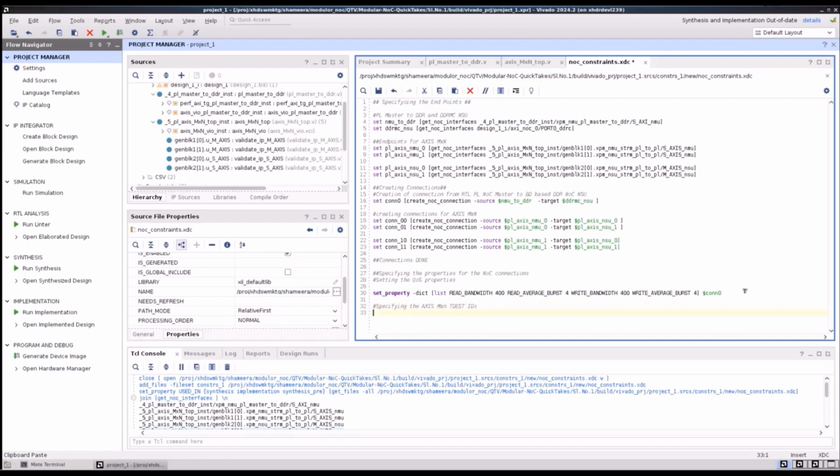Similarly, we can use the setProperty command to specify the TDEST IDs for the AXIS M by N NSUs.